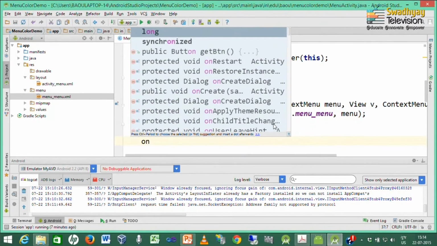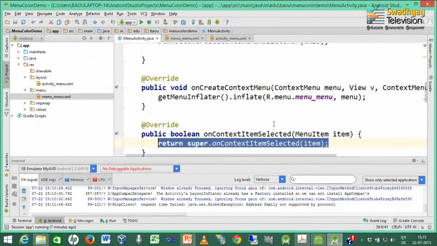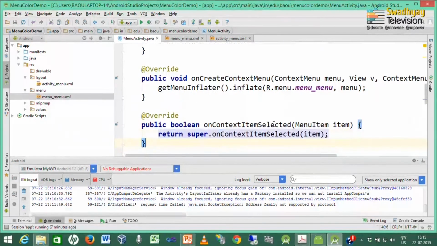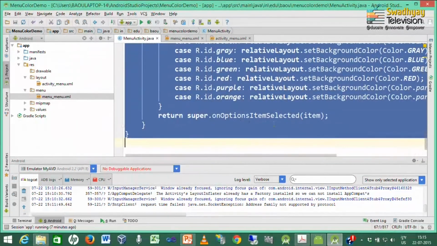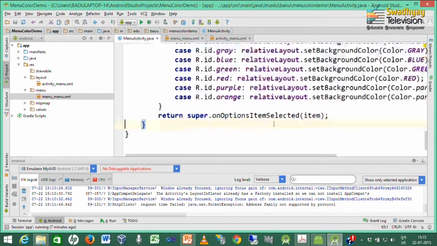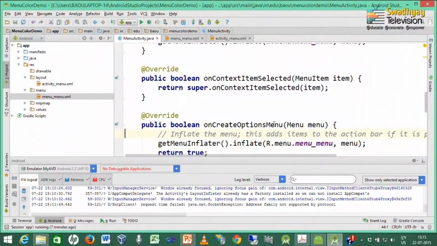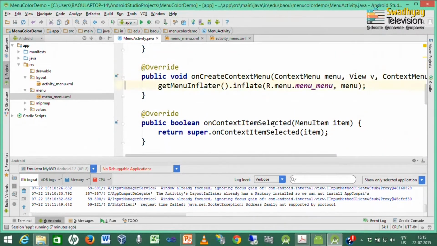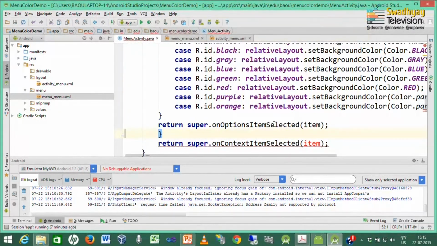So, I write the onContextItemSelected method, and here we write the same code inside onContextItemSelected.